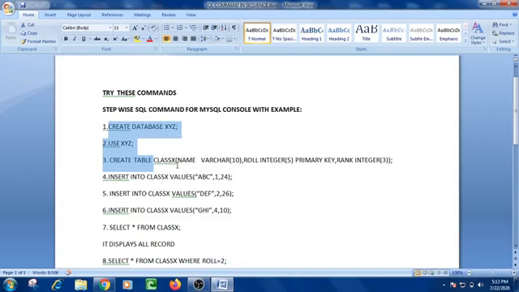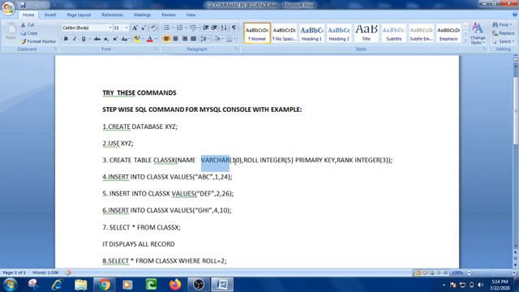Suppose that, just see here, I am writing the command create table class10. Class10 is the name of the table. Then the first field that I am giving is name, and for the name I have selected the data type varchar and given the size 10.